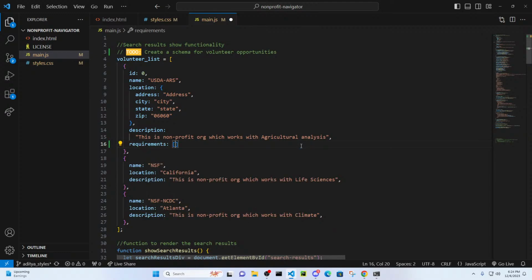We could even do requirements. That could be an array with just like requirement 1, requirement 2. And now if we create our own schema for volunteers, then when we're done with this feature, the